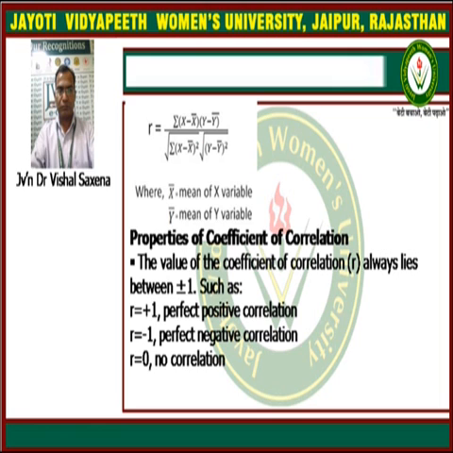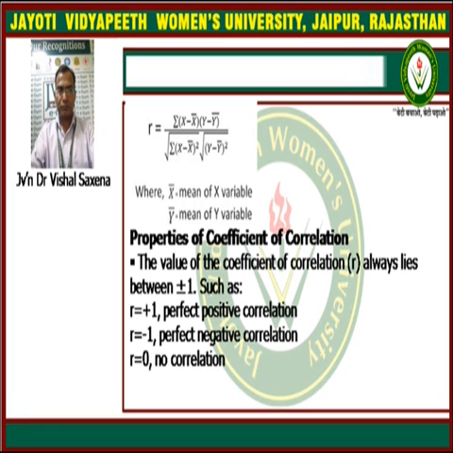So now we are given a formula for r, the correlation coefficient, or in other words, it is also known as the Karl Pearson coefficient of correlation. The formula for r is given by r is equal to summation of (x minus x bar) multiplied by (y minus y bar), divided by the square root of summation of (x minus x bar) whole squared, multiplied by the square root of summation of (y minus y bar) whole squared, where x bar and y bar are the means of the two series x and y.